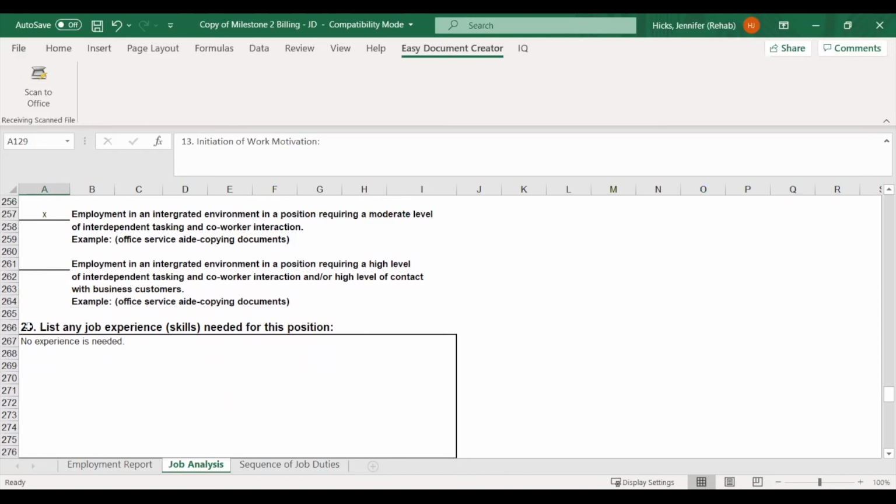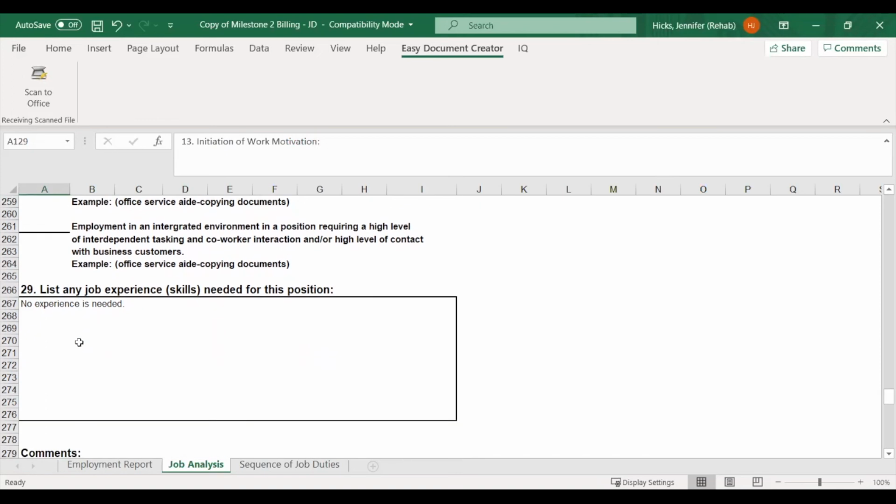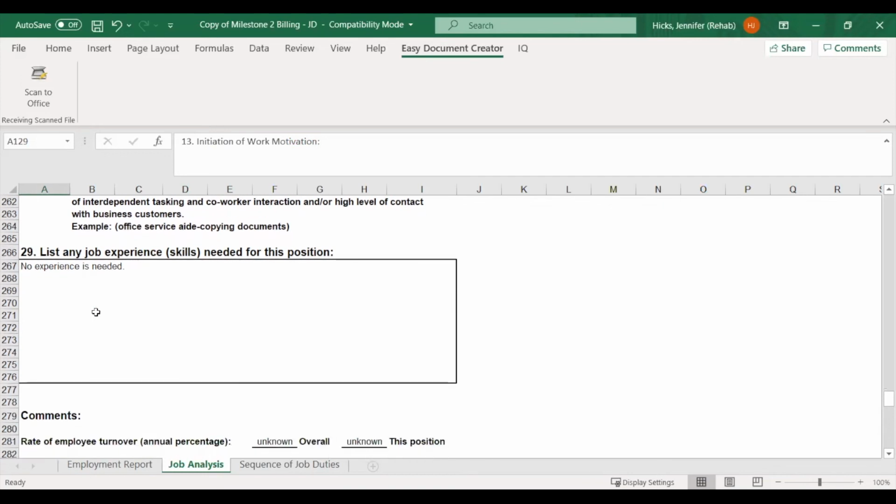On number 29, you list any job experience skills needed for the position. So in this case, there was no experience needed, but in another case, there might be that stocking experience was required for her to acquire this position. Just kind of depends.